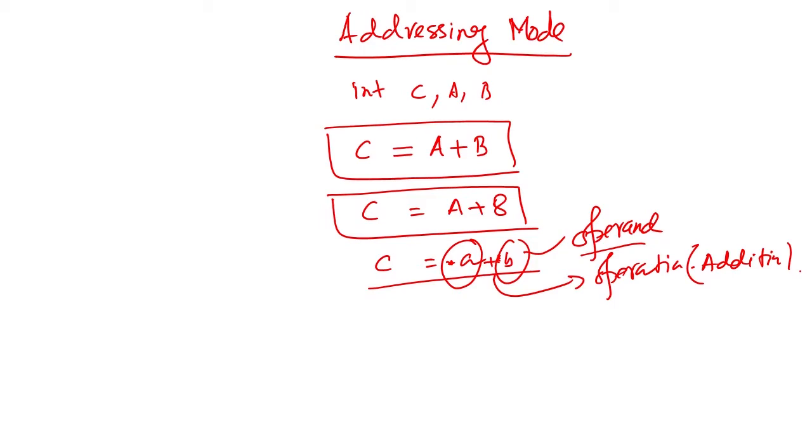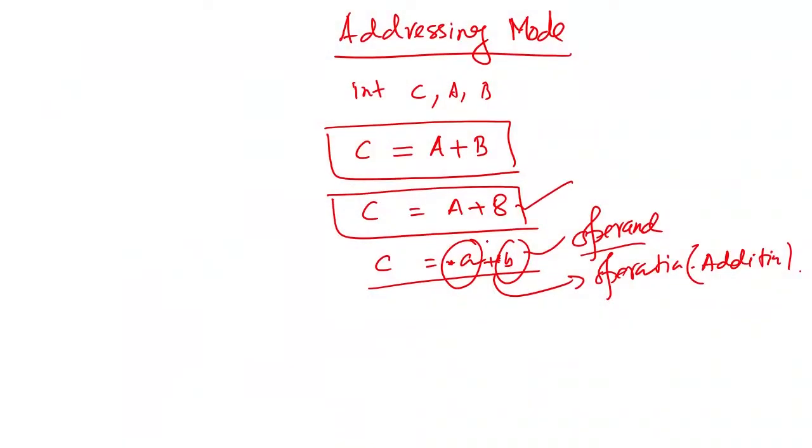Essentially, we are providing the value of the operand in different ways. Here one operand is directly fed, the 8, which should be added. But here we are using a pointer, and here A and B are two memory locations, and those two values should be added. So that is the different ways we can provide the value of the operand in an instruction. These ways are called the addressing modes.